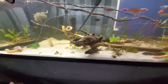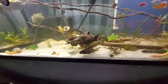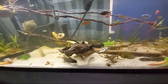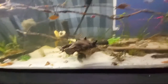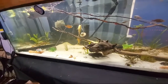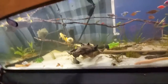I usually haven't had much of a community tank. I've been all about big cichlids and aggressive fish throughout my whole experience. I had one little community tank, a 47. Long story short, I finally moved some big cichlids out into the 135 and some fish down to the pond. And I had a